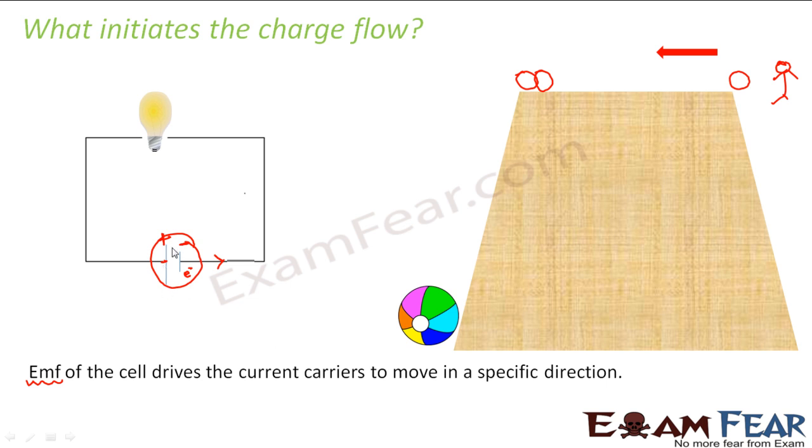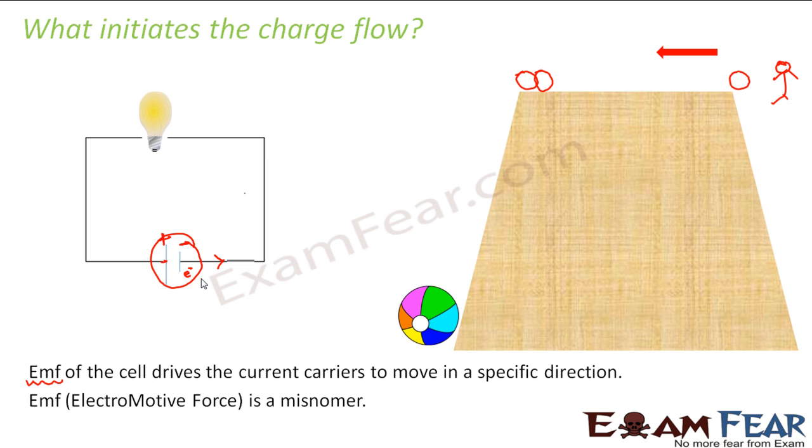Similarly, the positive charges from the positive electrode will try to come towards the negative electrode, and therefore the positive charges will flow through the circuit opposite to the direction of electrons. Right? So now you understood why the electrons and the positive charges flow in this way. Because of the difference in potential, the root cause for this flow of charges is the difference in potential between the electrodes of the cell. This difference in potential between the electrodes of the cell is known as EMF, that is electromotive force.